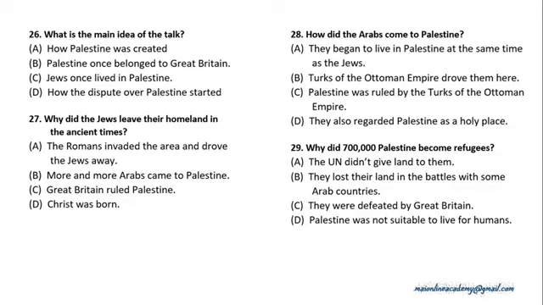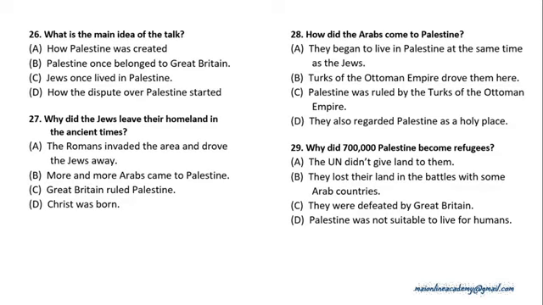In the Middle Ages, the land was ruled by the Turks of the Ottoman Empire, and more Arabs came to Palestine. In the middle of the 19th century, Jews started to think about coming back to Palestine. This idea was called Zionism. By the beginning of the 20th century, more and more Jews came back to Palestine and started a new life there. At the end of World War I, the Turks were defeated and Great Britain ruled Palestine. The British helped the Jews and wanted to create a new country for them. During the Second World War, about 6 million Jews were murdered by German Nazis in the Holocaust.